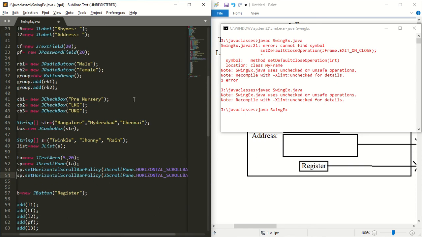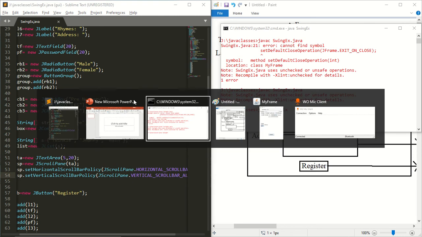Similarly, SP dot set vertical scroll bar policy, JScrollPane dot, here I will take vertical scroll bar always, so that the horizontal scroll bar and the vertical scroll bar should be visible always.